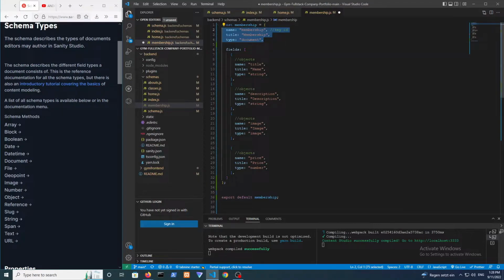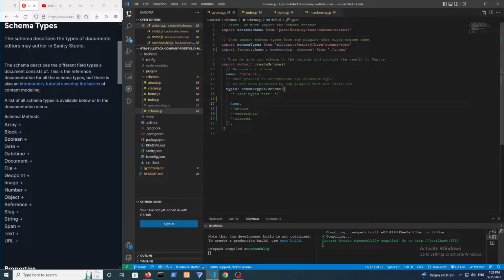Okay, thank God. So it's the same thing, but the only difference is that in the schema types, the fields, I just have an image, a number for the price, a title, and a description. So if I save that and go back into my schema, comment that out,